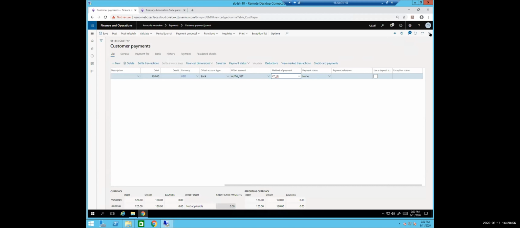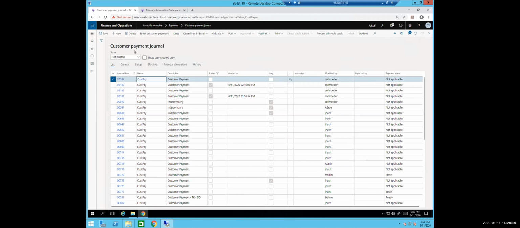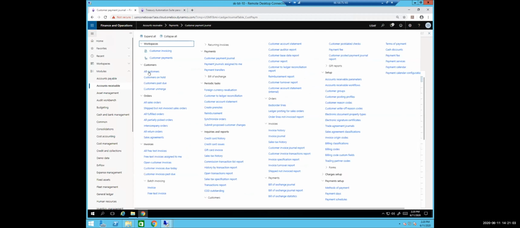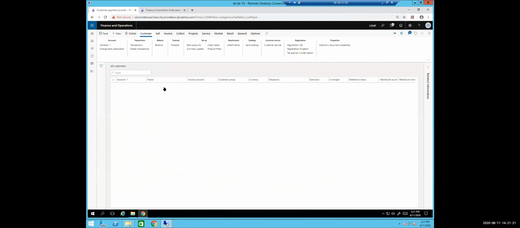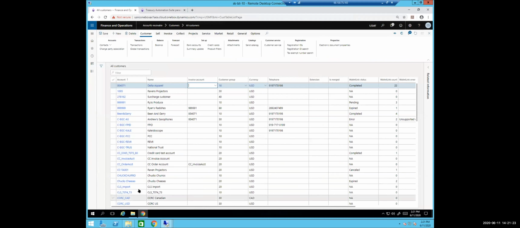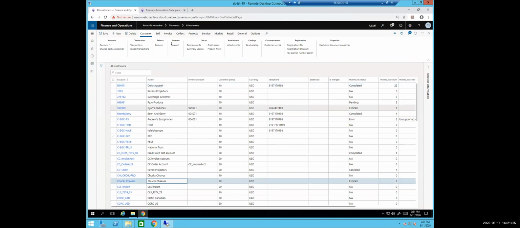There's a second way. In this case, I settled an invoice. So I may want to go to the customer itself and find that transaction, because not only do I really want to refund the card, I probably want to unsettle the invoice associated with it. And we're taking a little time here, just painting the screen. But we've added on the customer transaction screen. So if I go to this again and go to transactions